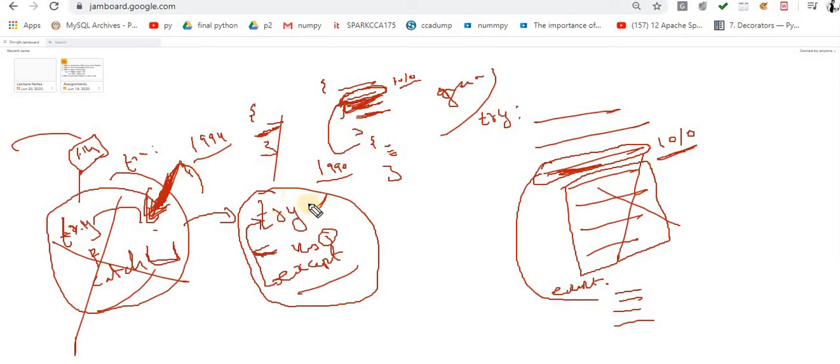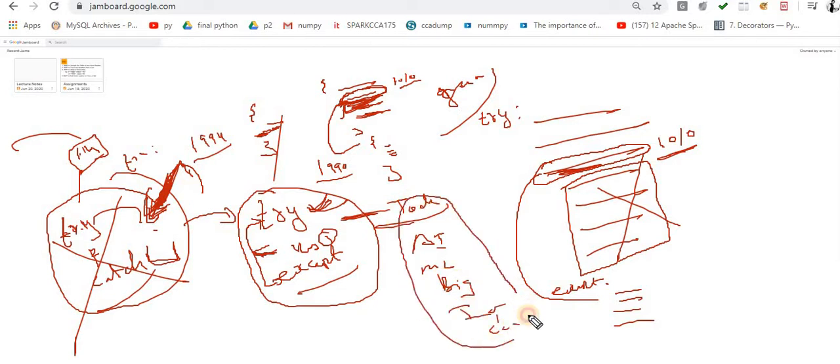But Python works on today's requirements. Today's requirements, as we know, are artificial intelligence, machine learning, big data, IoT, cloud computing. If I want to implement these concepts, then Python plays the important role. Okay, so I am not moving in this direction. So this is the only difference between these two.